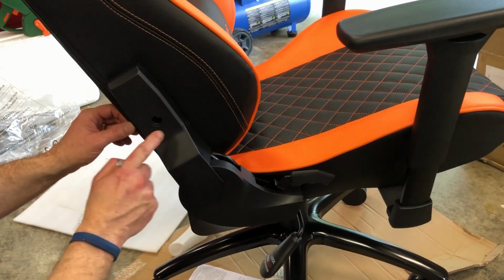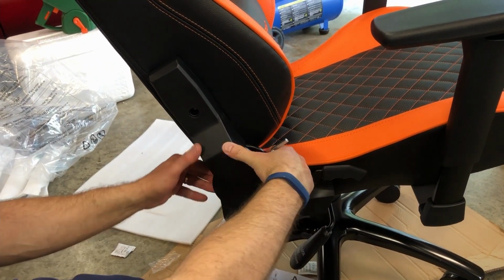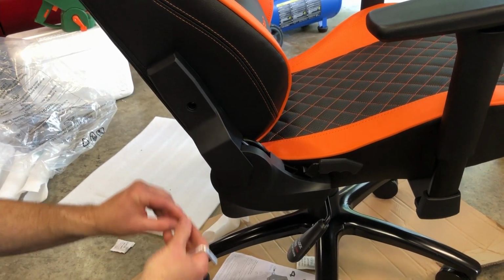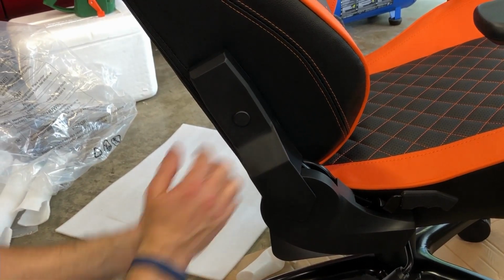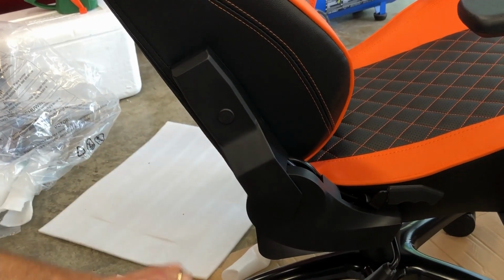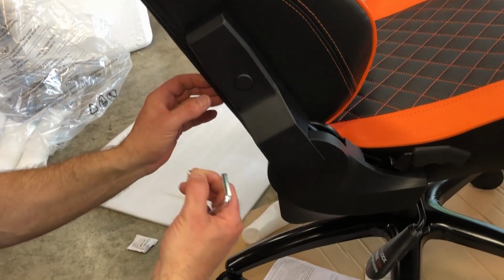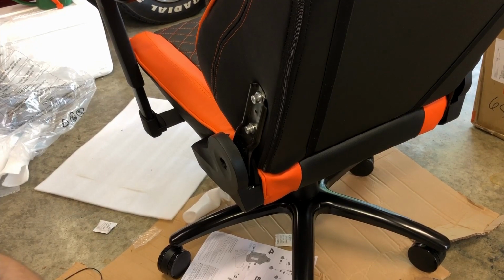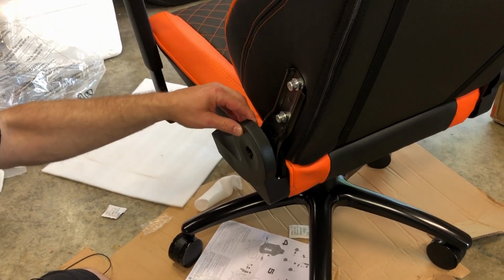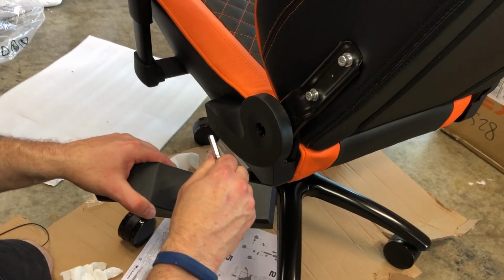All right, so I got this piece on. This was a little challenging. It didn't quite want to fit at first, but I got it on there, and then there's a little plastic cap that sort of covers the hole there. And sort of that pops on there. Now I took my gloves off because it was awful hard manipulating these little screws, and this is pretty much the last step anyway. Now this side, I don't think there'll be too much resistance, but